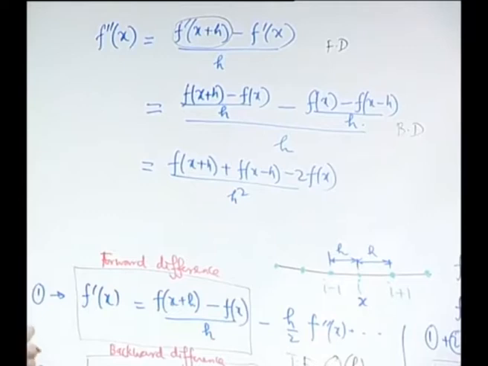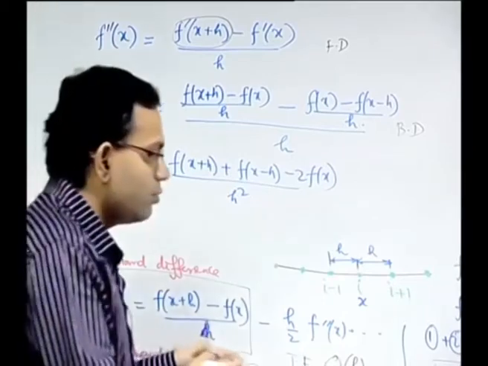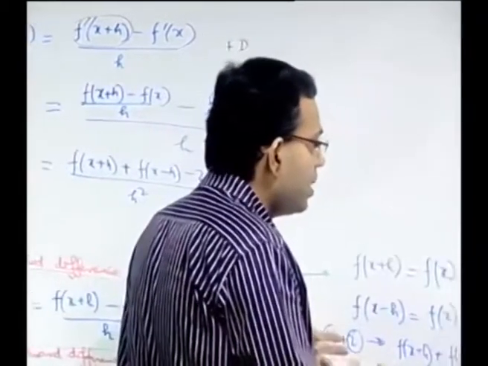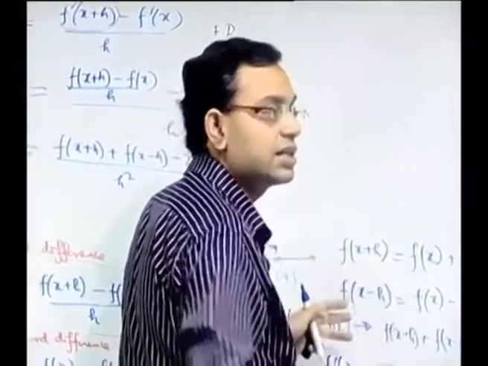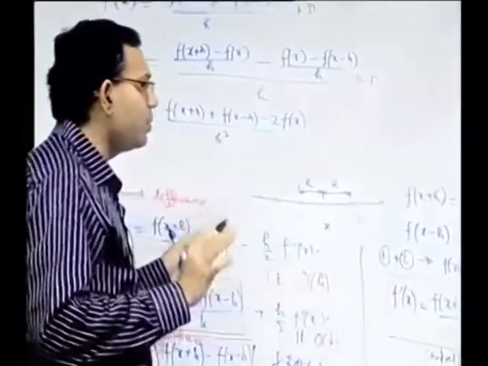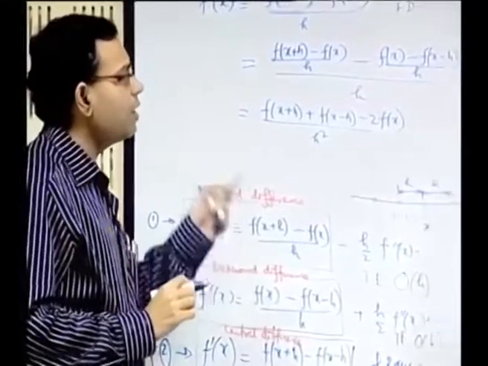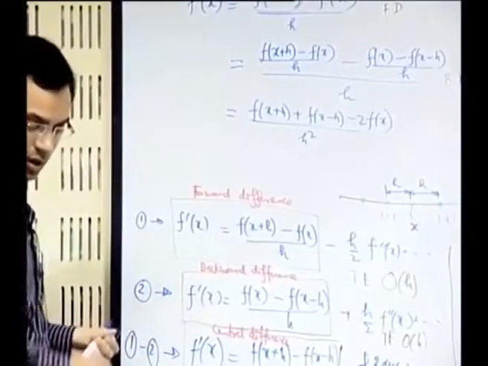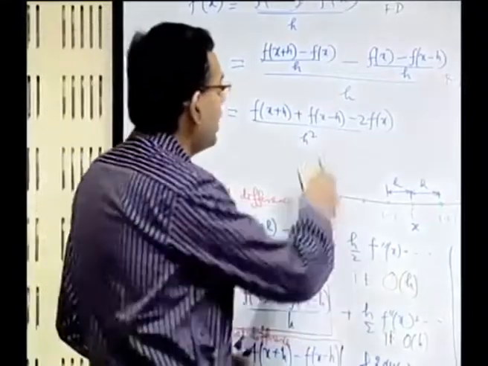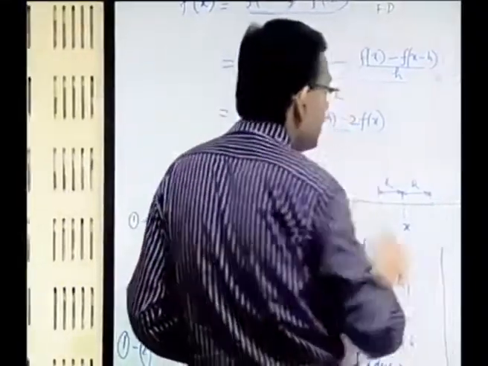The manner in which you perceive it is the ultimate interpretation, but eventually whatever the formula may be, it may be generated by the Taylor series expansion. That is the simple way of looking into it. Next is, how do we make use of this formula? To understand that, let us consider an example.